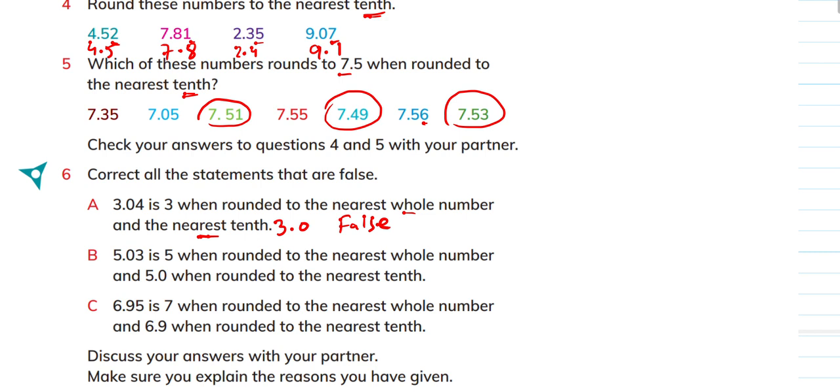This is a very important point, please. 3 and 3.0 are equal in value, but if you are doing rounding, the number of digits matters, and later you will learn a topic about it. So that is why, if you are rounding,